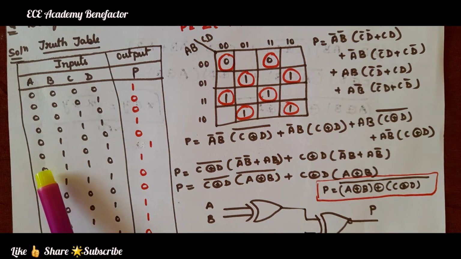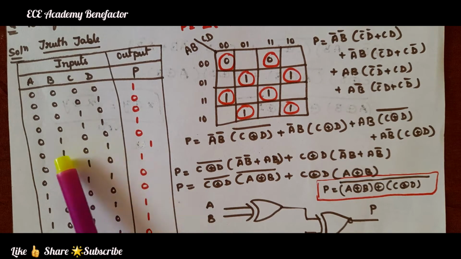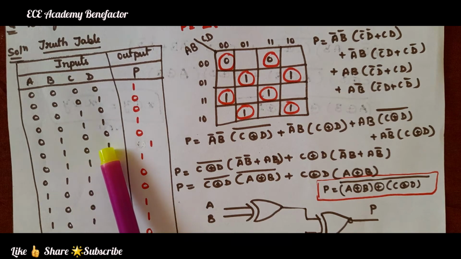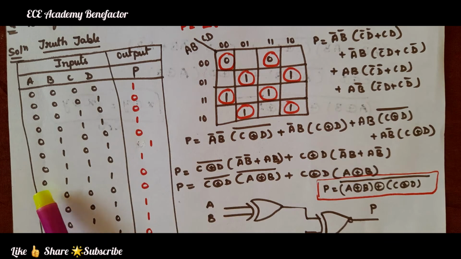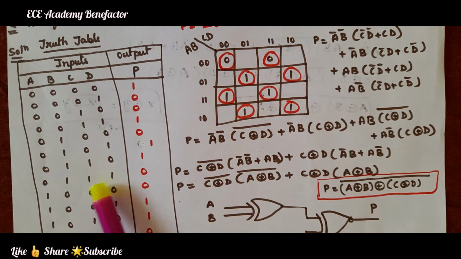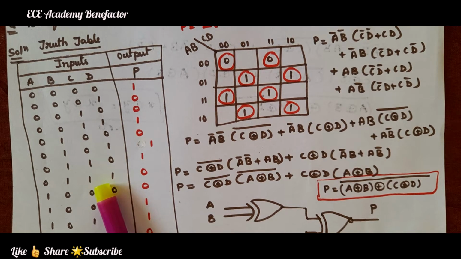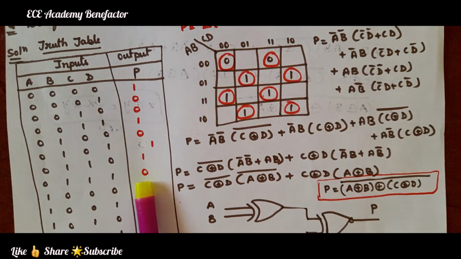Now, this condition, 0101, the number of ones is 2, that is an even number of ones. So, parity will be 1 to make them odd. 0111, now let us see this condition. 0111, the number of ones is 3, it means it is odd. Odd means the number of ones present is odd. So, parity will be set to 0.